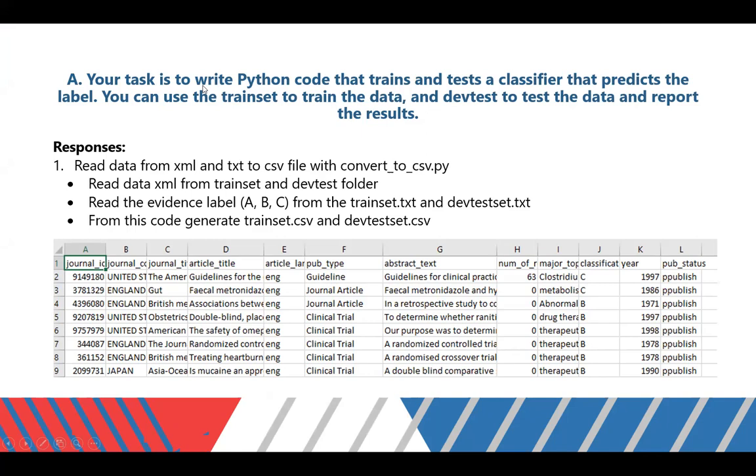So my task is to write a Python code that trains and tests a classifier that predicts the label. You can use the trainset to train the data and devtest to test the data and report the result. So my response to this question: first of all, I will read data from XML and TXT,